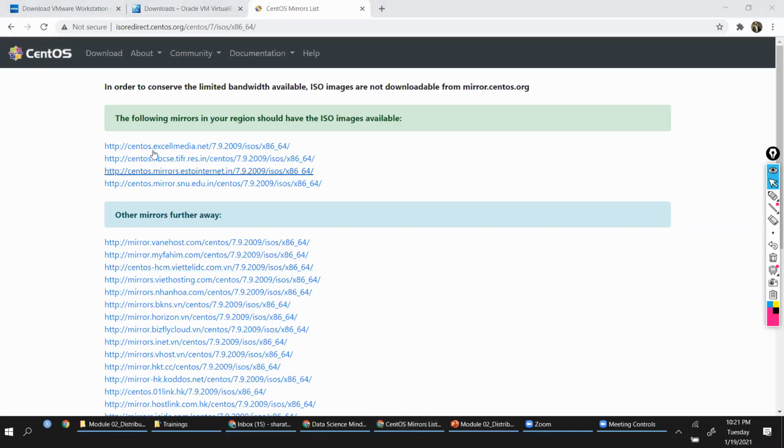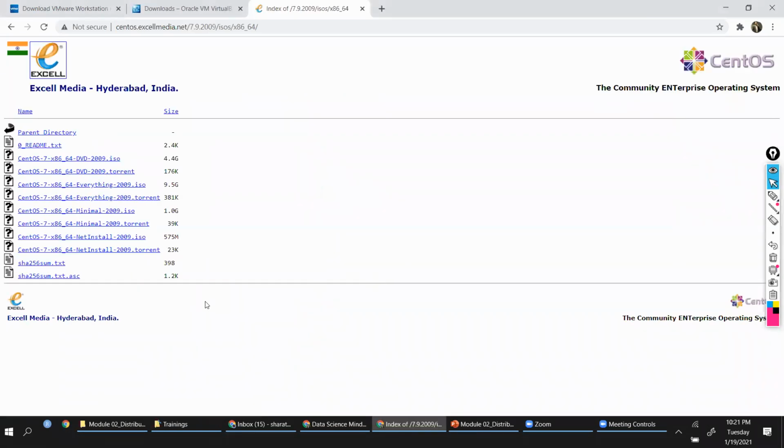Yeah, so this is the link where you will be able to get the ISO images. You can click any of these links. In my region, these are the links which are close by, so I'm going with the first link. You go to any link, you will have the same files. Now, what you need is DVD ISO, this one here. 4.4 GB. You can see CentOS